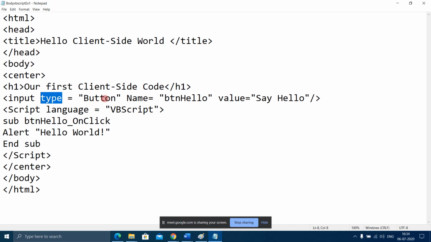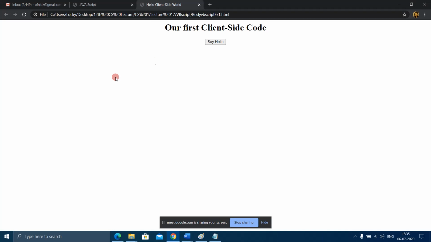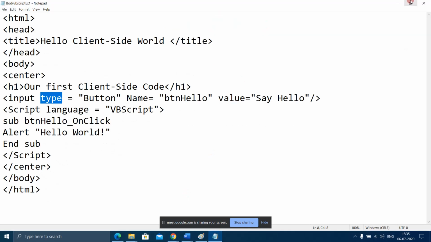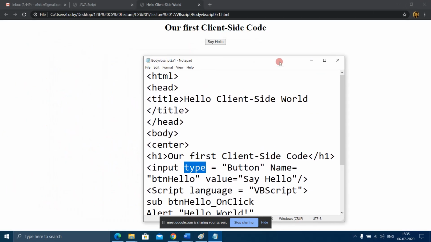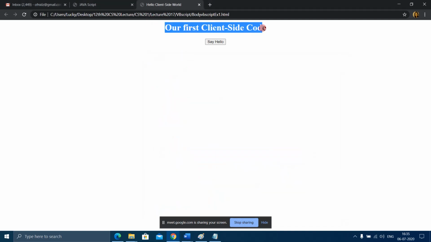Before explaining this code, I will show you the output first. See, this is the output of this HTML code. Our first client-side code is written here.